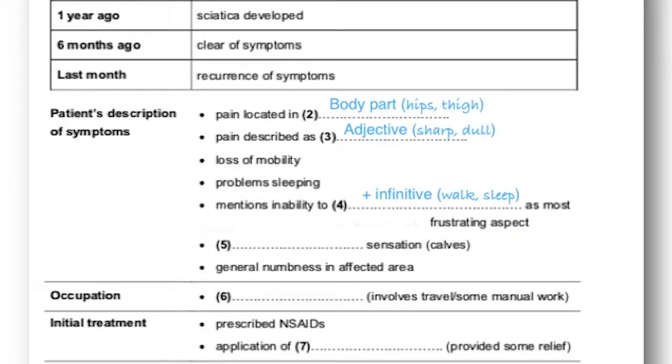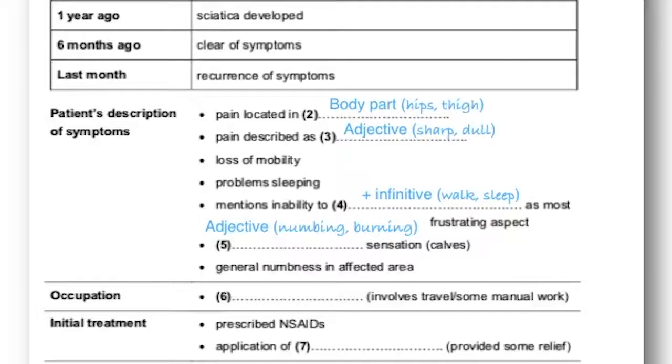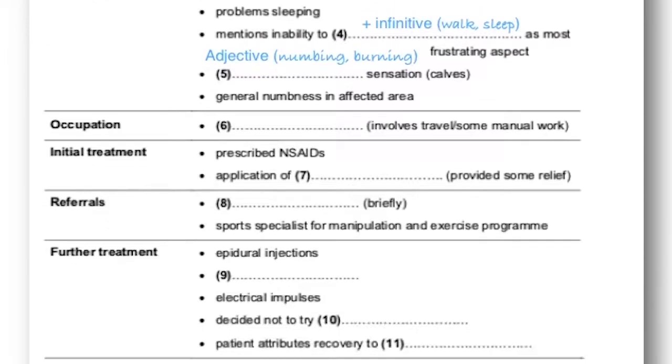With number 5, it's another adjective, this time one that collocates with sensation, a word to describe sensation. And again, it's probably worth learning a few collocations with sensation because that could help you in part A. So you're listening out for an adjective, number 5, to describe sensation. Number 6, you're listening out for a job. Number 7,